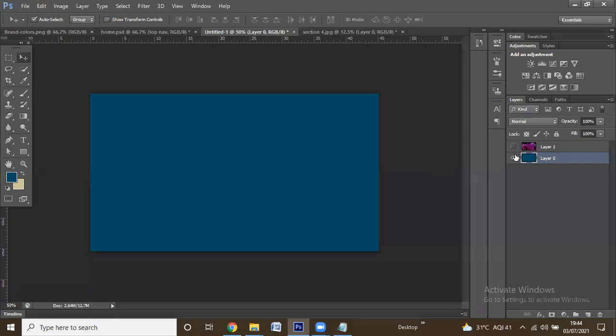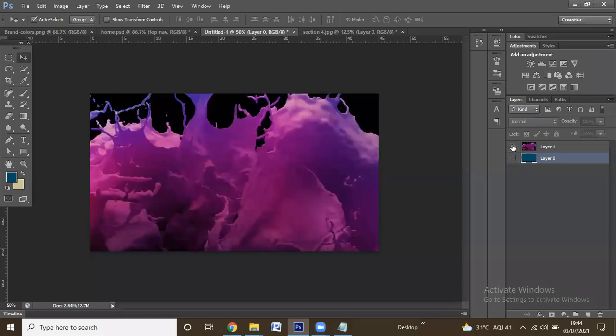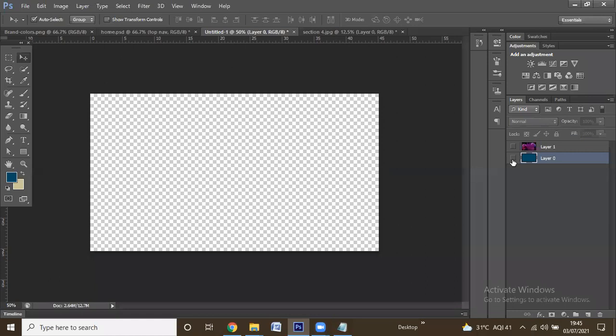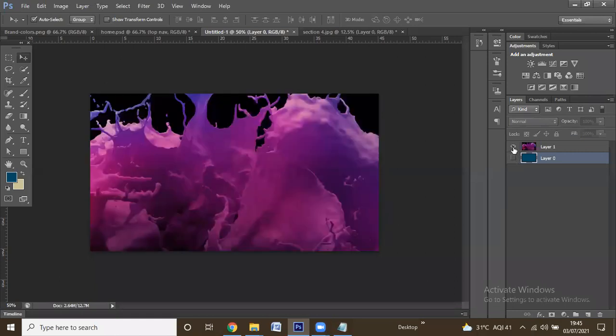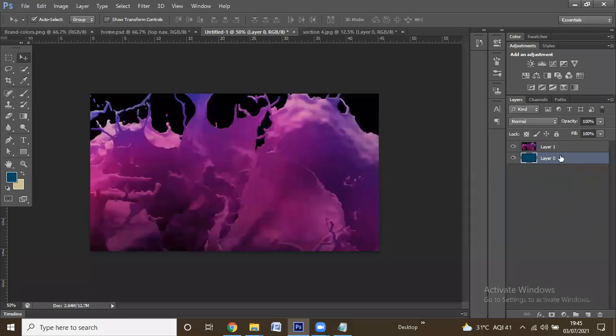And here it's just like an eye symbol, right? It's looking like an eye symbol. So you can hide and show the layer using this eye symbol like this. Whatever layers you want, you can show using this. If you would like to hide, then you can simply hide. So like that, you can change the colors, hide the layers and place the elements on the canvas.